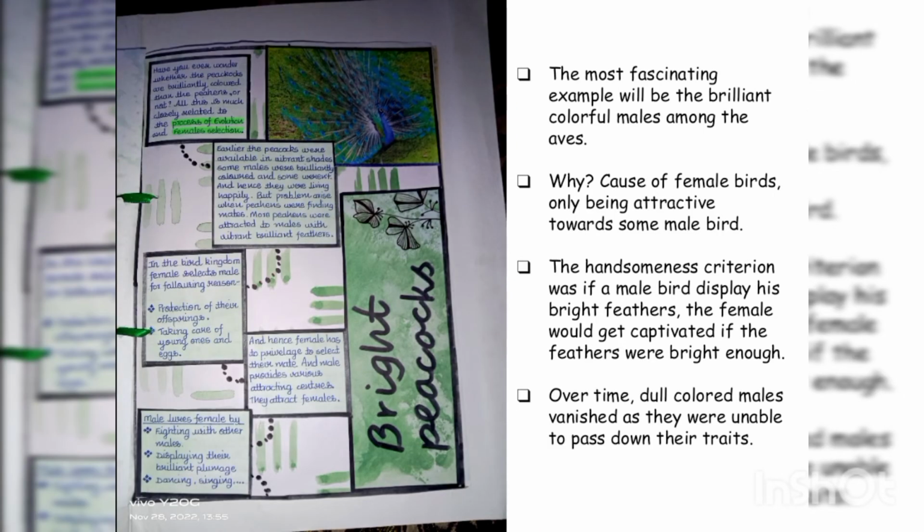The most fascinating example is the brilliantly colored males among the birds. Why? Because female birds are only attracted towards some specific male birds. And the handsomeness criterion that they used to select was bright feathers. The female would get captivated if the feathers were bright enough. Over time, dull-colored males vanished as they were unable to pass down their traits. However,